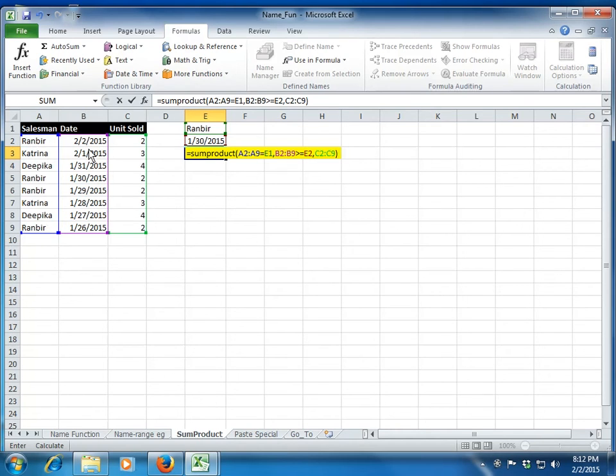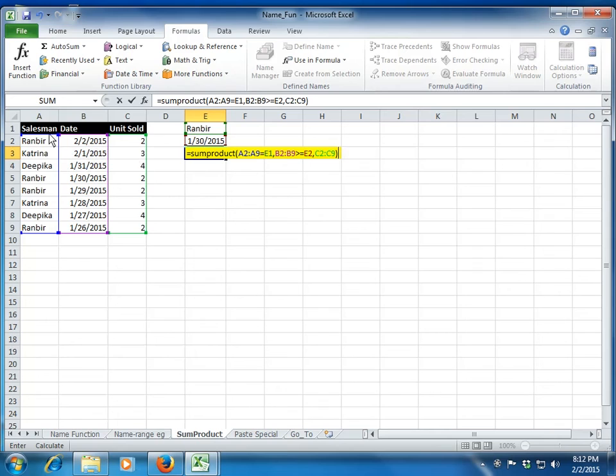Then it will go to the second array and check for the date, whether the date is greater than or equal to 30th Jan. For the first 4 cells, it will give you 1, and then it will give you a value 0. And we know that sum product, after creating the arrays, will multiply the 3 arrays and give you the sum. It will pick up the third array and multiply all the 3 arrays. So it will be 1 into 1 into 2, that is 2, plus 0 into 1 into 3,